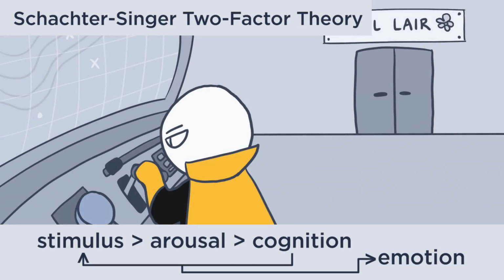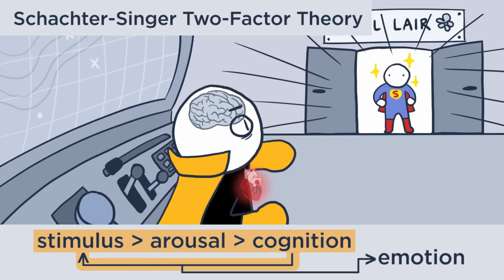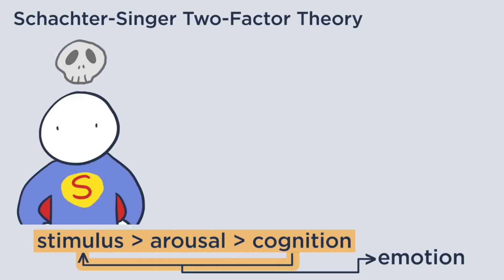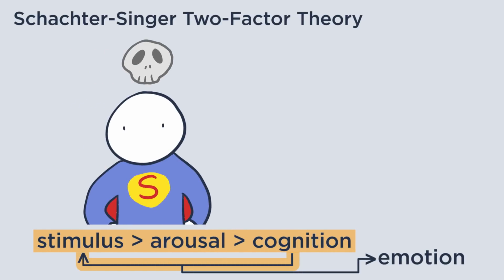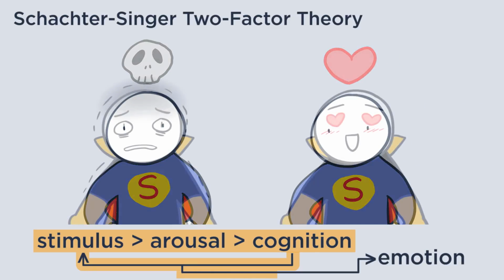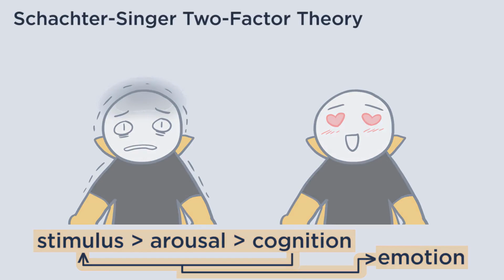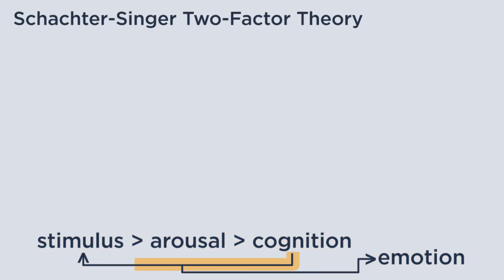To return to our previous example, if the sight of our hero makes our villain's heart beat faster, then their cognitive evaluation of the situation, say remembering that the hero is a Secret Service agent here to save the world, or that he is their long-lost love from primary school, will determine their emotional response to the situation. Again, with this theory, it's about the interpretation of the stimuli and the arousal, which leads to the emotion.